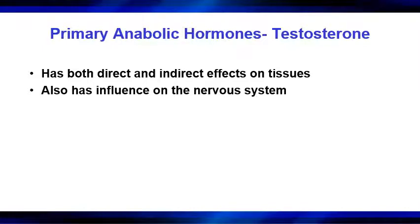It also has an influence on the nervous system, so it can interact with receptors on neurons and increase the amount of neurotransmitters. The neurotransmitters are the chemicals that transmit information within the nervous system, and this could also influence protein